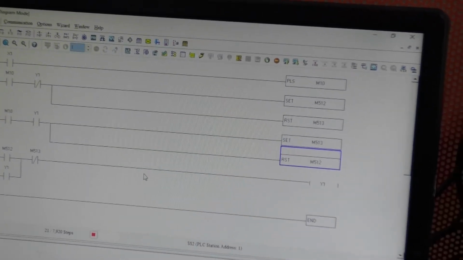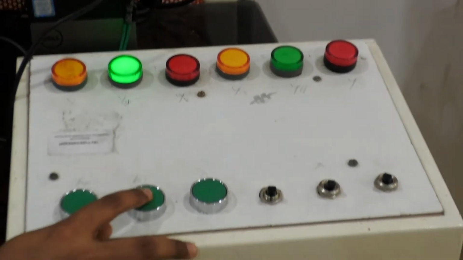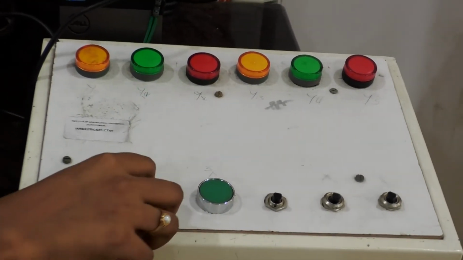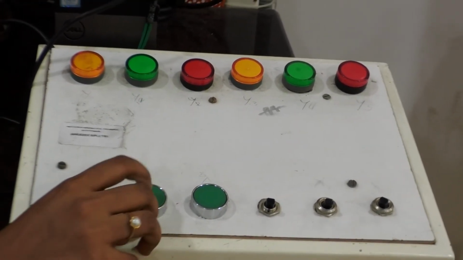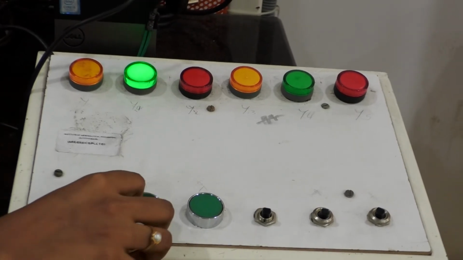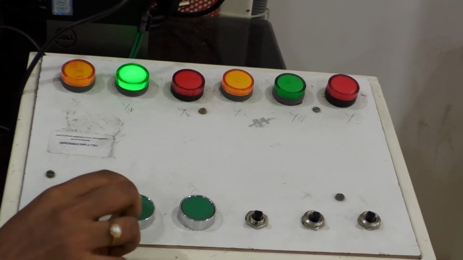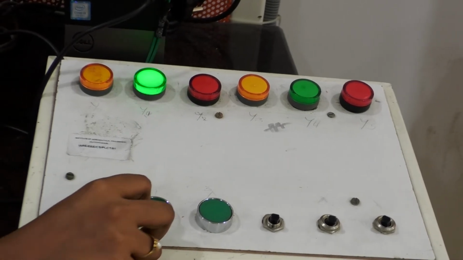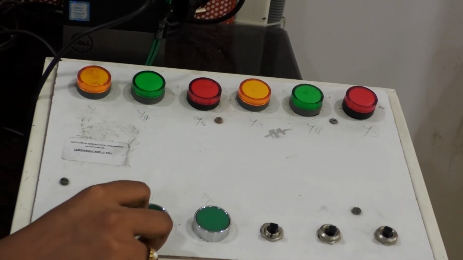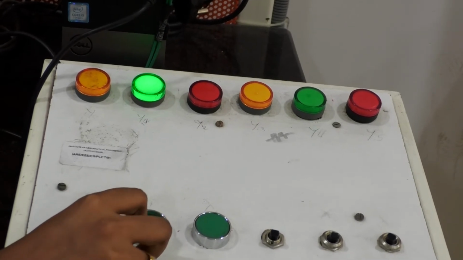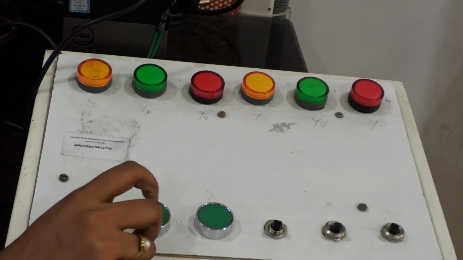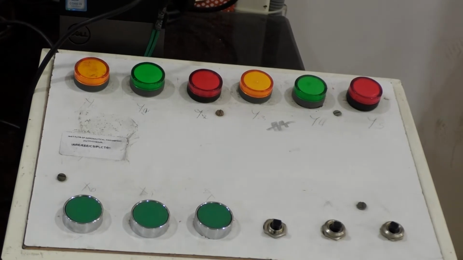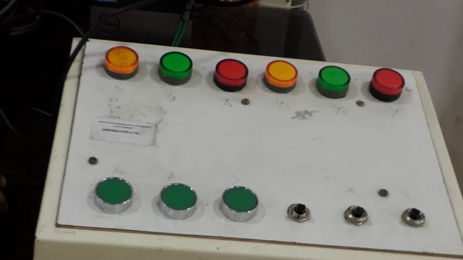So if I switch the x1 for odd number of times, then indicator will be on. So this is the first time. Okay, it is on. Then for the second time, if I press, it will be off. Then the third time, it is on. Fourth time, it will be off. Like that. Okay. That is the thing. Okay, this is the third example.